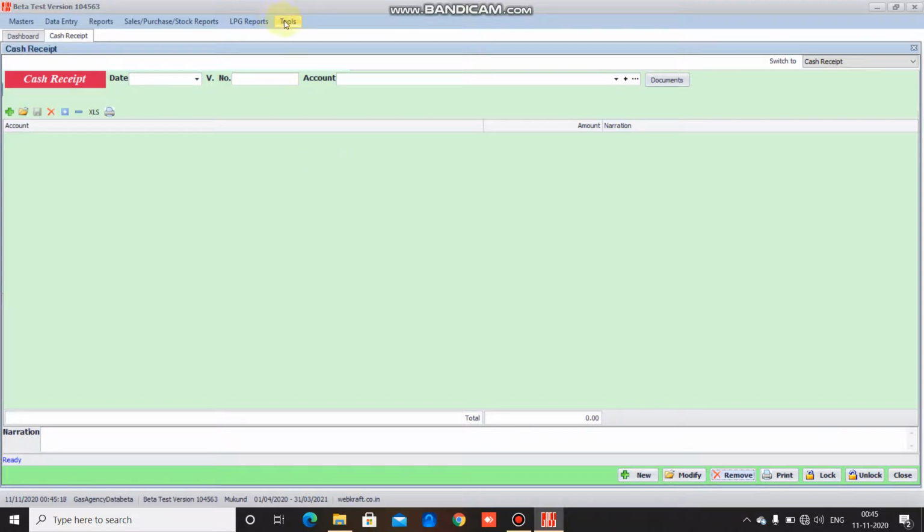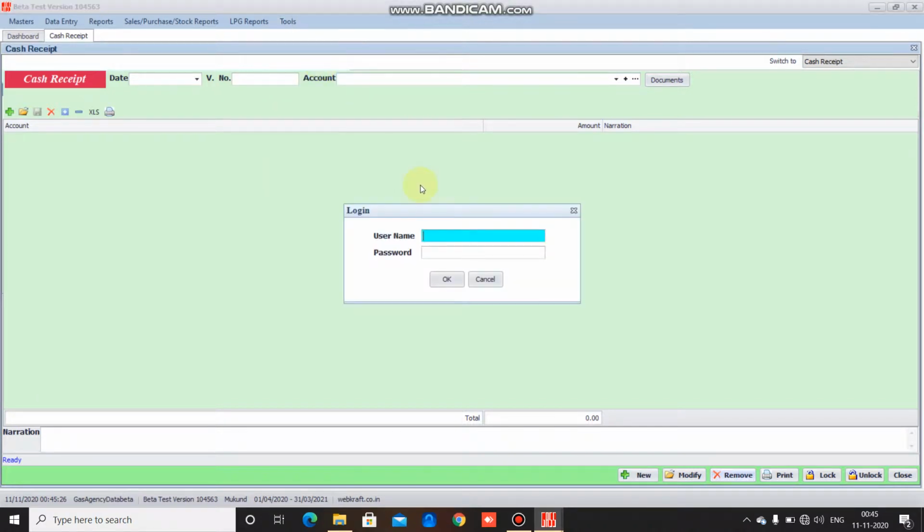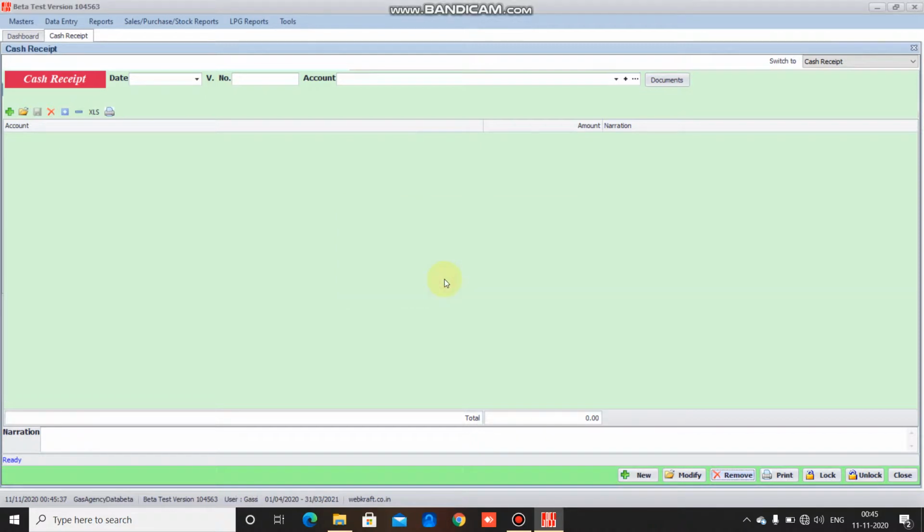For that we need to change the user, and for that I use option tools, change user, and I go to Gas as a user and say OK.